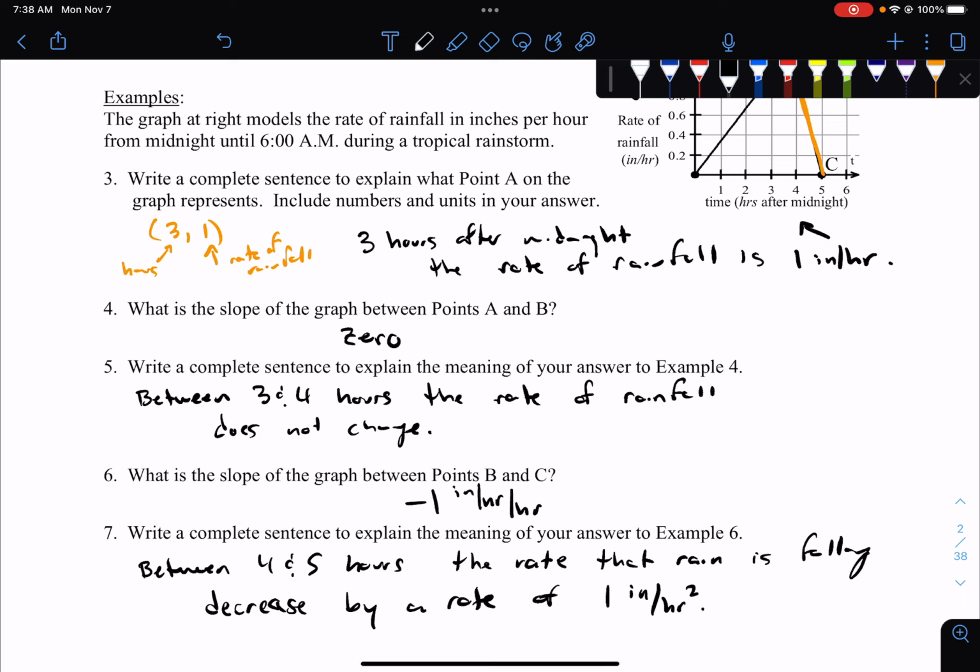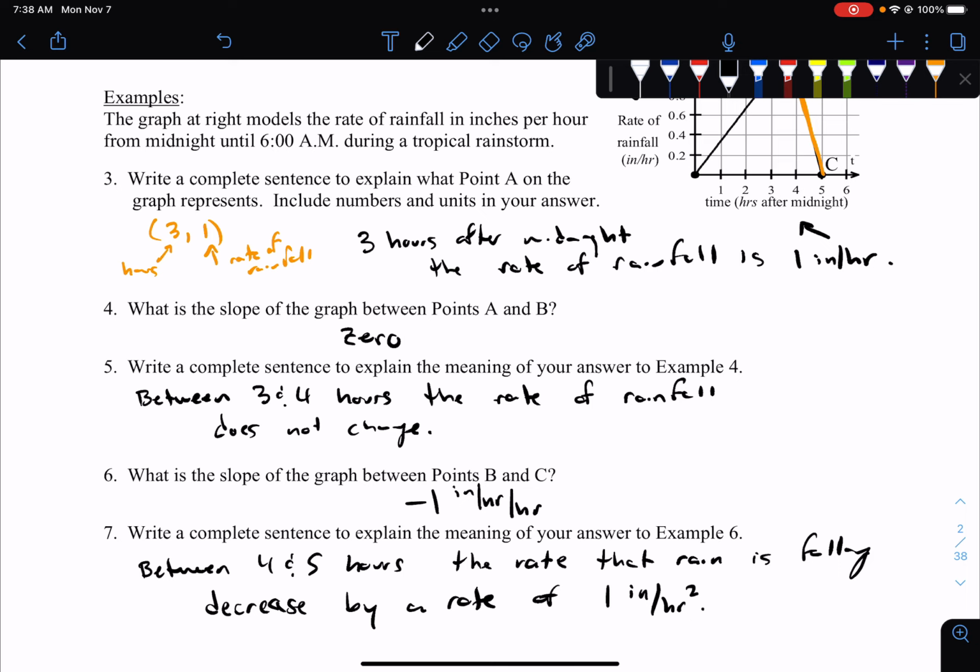So between 4 and 5 hours, the rate that the rain is falling decreases by a rate of 1 inch per hour squared. So these graphs, as we move forward, you're going to get rates of rates, which can get